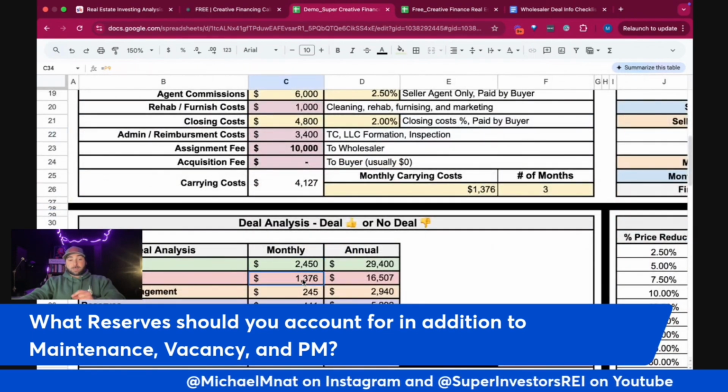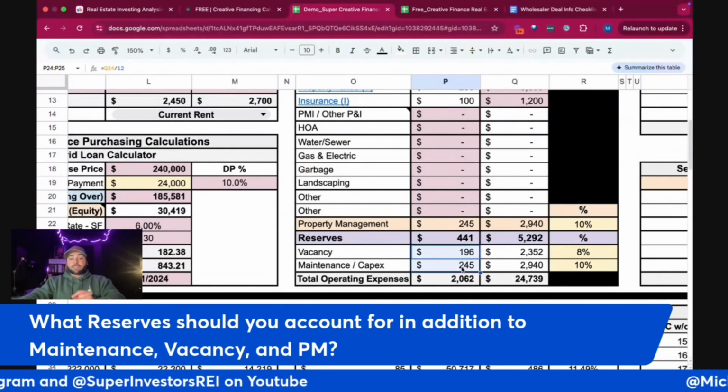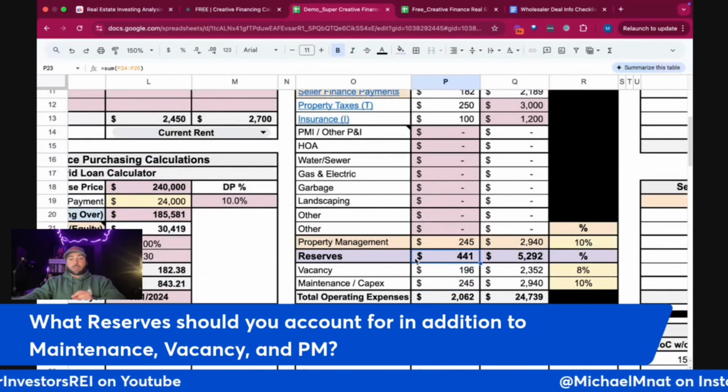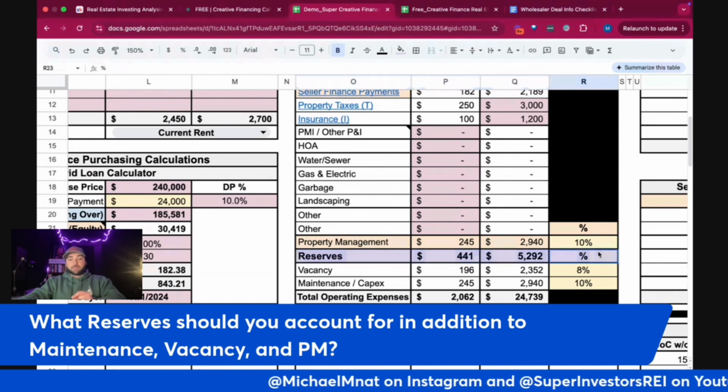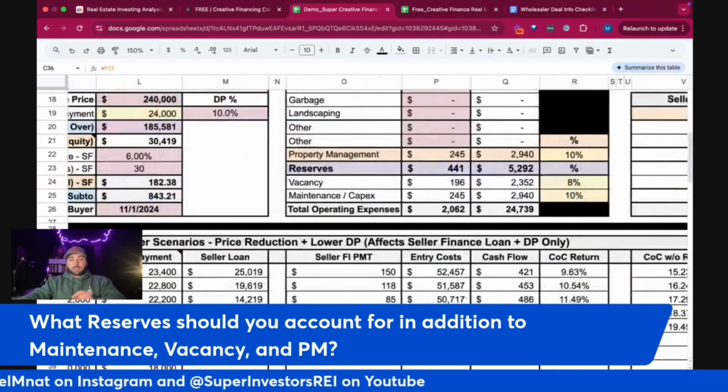You have your income, your expenses, your property management, and then the same goes with your reserves right here. Your vacancy, maintenance, and capex are your reserves. This number just highlights what that is. We could even probably remove it from here if that would be easier for people. And that is the same number as here. Okay, hopefully that makes some sense.